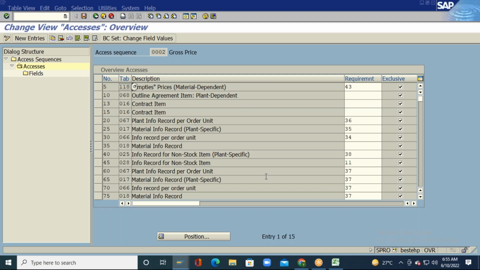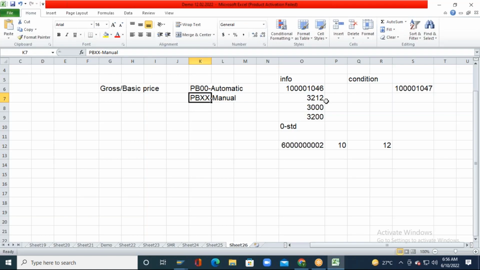Within the info record, I maintain the price as 10 USD. At the same time, I also maintain a condition record, which has 12 USD. But when I try to create a PO, it has taken 10 USD only, not 12 USD. So why has it taken the price from the info record and not from the condition record? Because